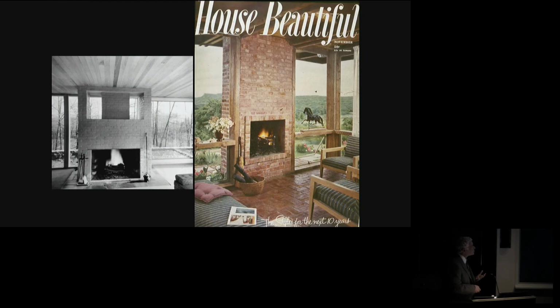And this visual thrust of the view, you even find in a number of cases where it literally is like carving its way through the fireplace, the former symbol of the house. So here's another Breuer house where the view is just kind of chipping away at the hearth, or, again, just sort of popular versions of trying to combine what had been a conventional architectural element and symbol of the center of the house, now pushed to the periphery and somehow realigned with this new element of character in the house, that is the view.